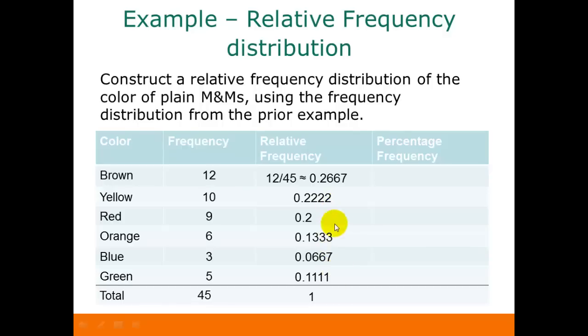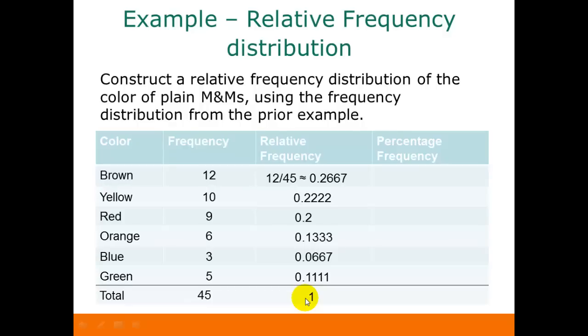Once you have all these calculated, you can check your answer by adding up all of the relative frequencies. And it should come out to be 1 or something very close to it. Sometimes with rounding error you might come out with a 0.99 or a 1.01, but it should be very close